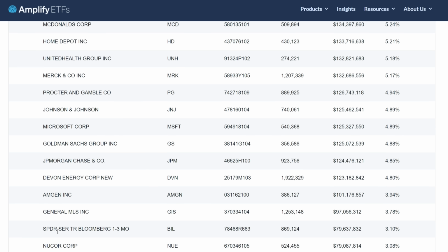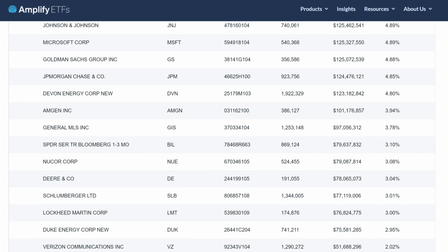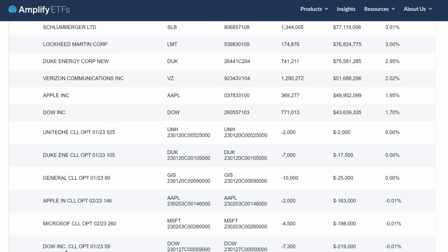They're holding a little bit of T-bills here, 1 to 3 month treasury bills. Nucor Corporation, Deere & Company, Schlumberger, that's a company I've never heard of, Schlumberger Limited, Lockheed Martin, Duke Energy, Verizon Communications, Apple, and then Dow Incorporated. And then you can see right here at the bottom, a very clear and transparent view on their options currently